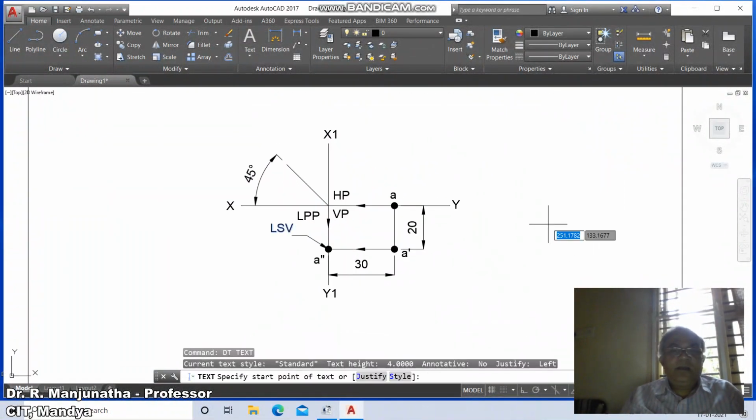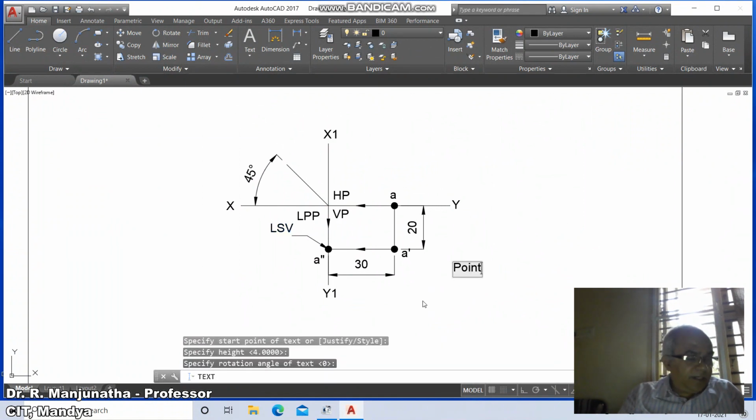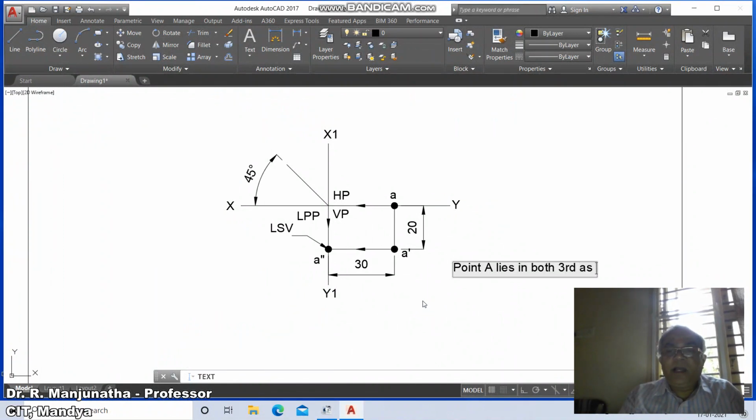And here you need to write the point. So here point capital A lies in both third as well as fourth quadrant, but in fourth quadrant the side view will be RSV.